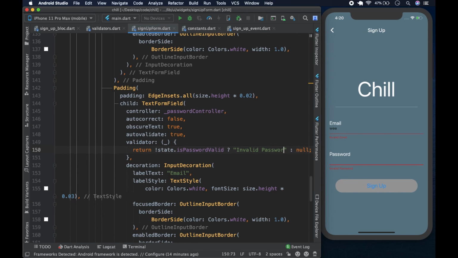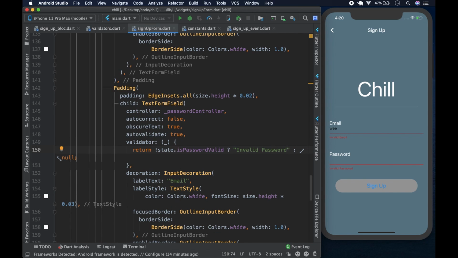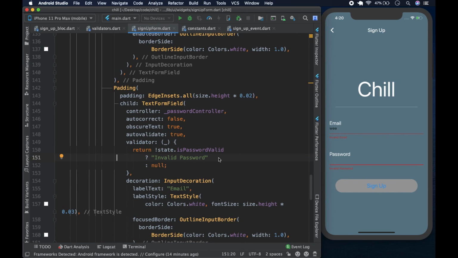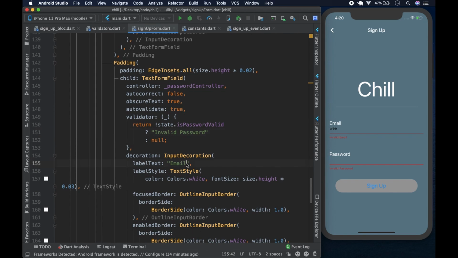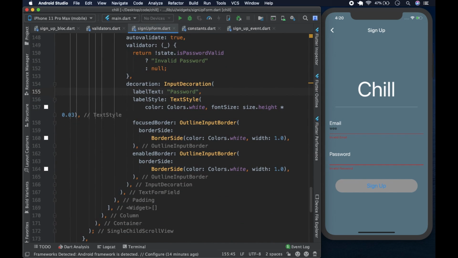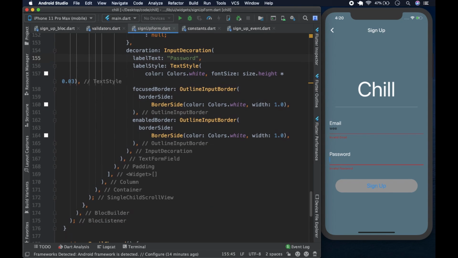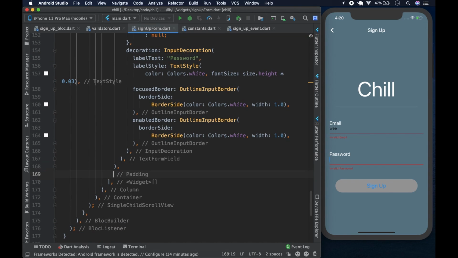And then it's going to have a decoration of InputDecoration. It's going to be password, and then it's going to have TextStyle Colors.white, the font size is the same, 0.03, OutlineInputBorder, yada yada yada, and yeah, basically that. And then we're going to come to the end of padding,